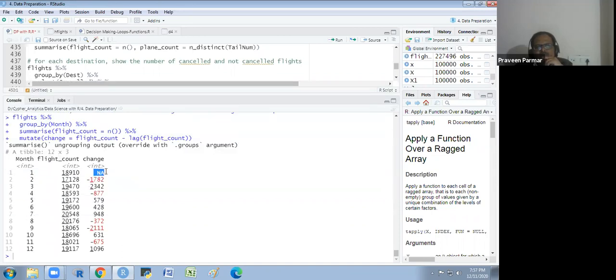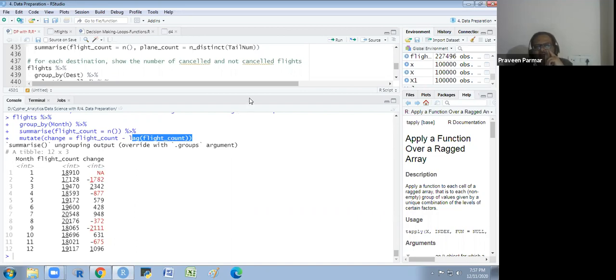You see here there is a change, but I am not getting any lag before that. There is no observation before that, so I will get NA. Here 17128 will be subtracted from 18910, and I will get this change, and likewise the previous one will be subtracted and it will give us the change. So that is what lag is used for. Got it?